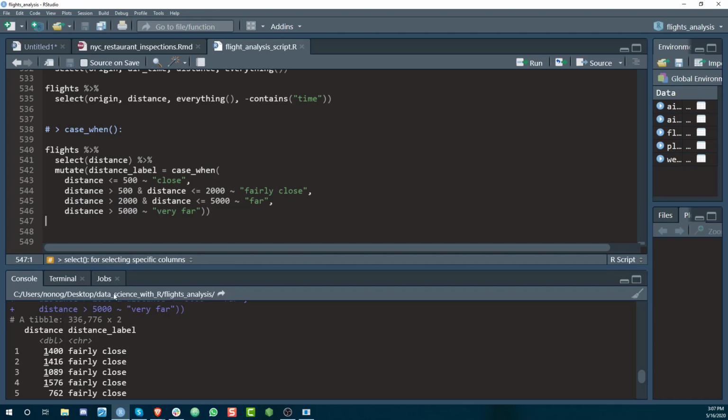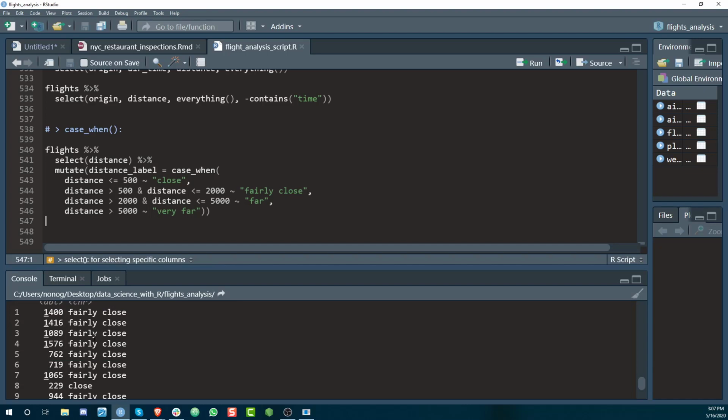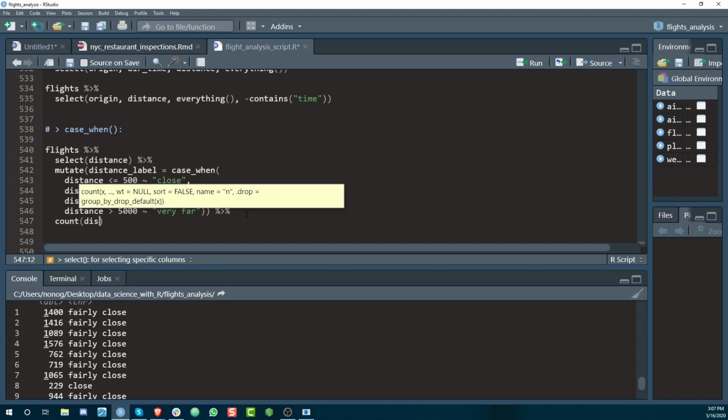All right, and because we know data analysis, we can actually look at the count, like in all the flights that all these airlines send people to, all these cities that these airlines send people to, how many are fairly close, how many are close, how many are far, and how many are very far. So we're looking at counts here. So you can actually go ahead and straight away use the count function, or if you prefer group by, summarize with the n function, you can do that as well. But let's just use count. And with the count, we're going to use it on distance label. We can sort,